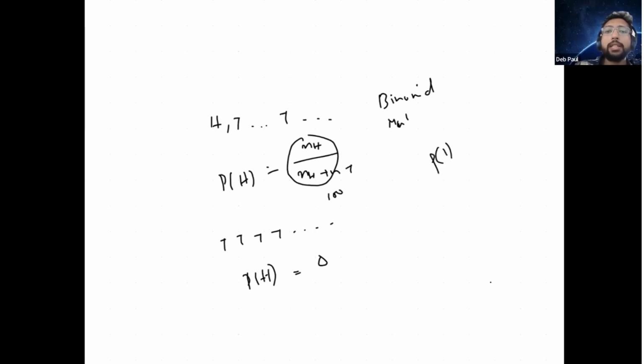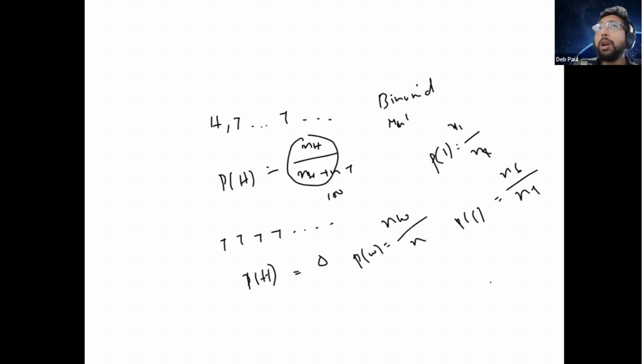You will say, okay, let me see how many times one occurred in the dice divided by the total number of trials, right? That's how I'll estimate probability of 1 to probability of 6: the number of times 6 occurred by the total number of trials. Similarly, if any corpus is given, the probability of a word is nothing but the number of times a word occurred by the total number of words. And now what you're saying is that just because a word has not occurred in a document, the probability of that word is 0. That is extremely unreasonable, and that can lead to a lot of problems, right?